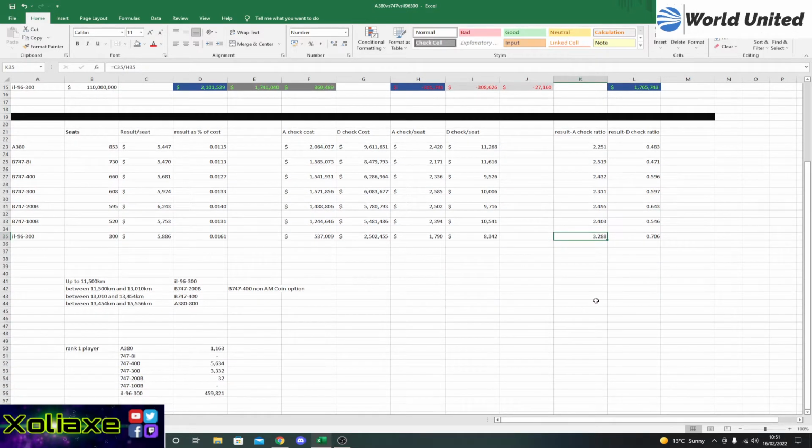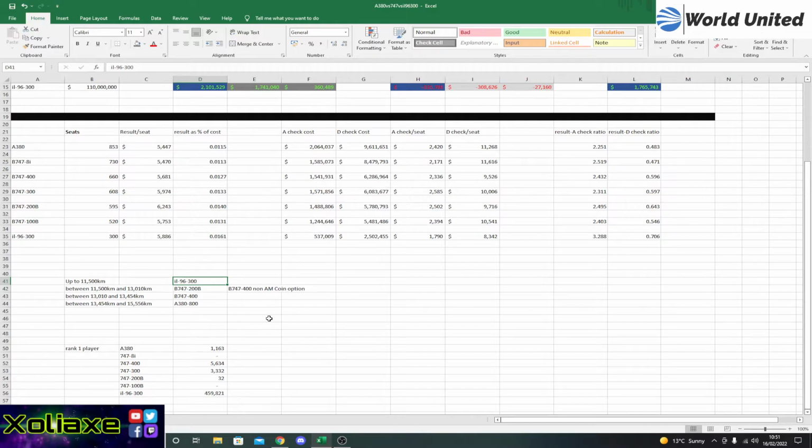So with that in mind, I have then shown here, for routes that are up to 11,500 kilometers, your option is the Aleutian. This is purely for money making. If you want the structural profit, making money, these are the aircraft you go for. So the Aleutian, for anything up to 11,500, between 11,500 and 13,010 kilometers, the 747-200B is your go-to option. Obviously, if you don't want to pay the AM coins, 747-400 will then be your option, and that continues then up to